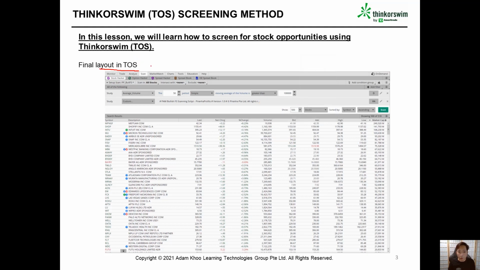In short, we call it TOS. This is the final layout, because now we have a screening script, which I'll share with you guys how to put in the script later on. Okay, and then you need a parameter here, which is the average volume. The average of the volume in the last 50 days, the last 50 periods,